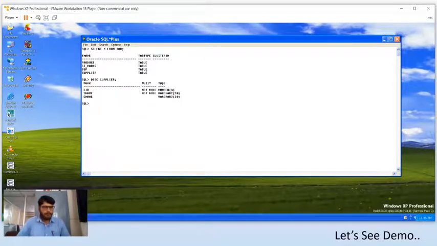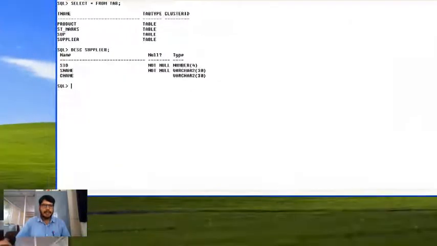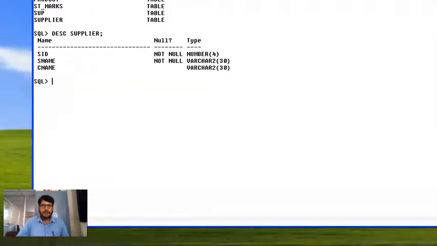Those are SID, that means supplier ID, supplier name, and contact name, that is C name. And you can observe here, supplier ID is accepting a numeric value because the data type is number, and supplier name is accepting varchar, and also contact name is accepting varchar.